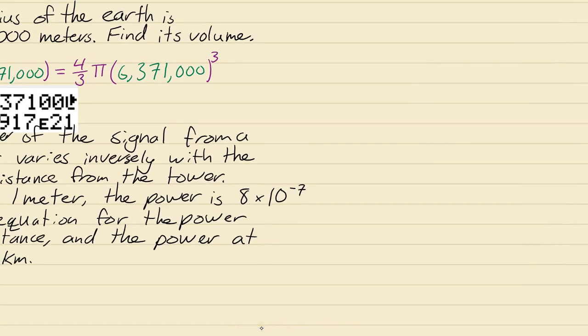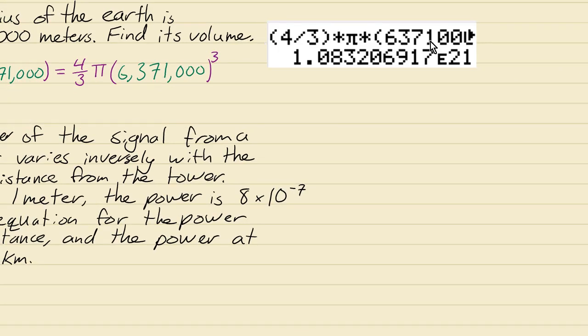I'll move it over here so we can see it. Okay, so yeah, that's what this E means. It means times 10 to the power 21. And so when you have 1.0832 times 10 to the power 21, every time you multiply a number by 10, it basically moves the decimal place over one time. But we've got to do that 21 times here. So really, this number would be,